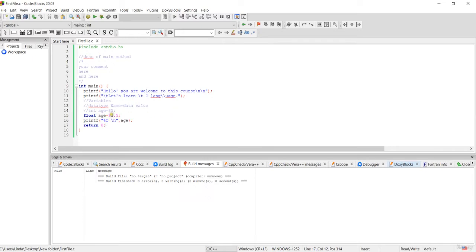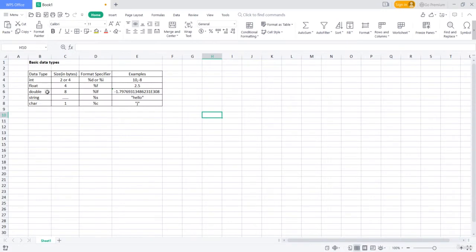So now in this video, let us see some basic data types and their corresponding format specifiers. So we have the first basic data type that you may frequently use, an integer,